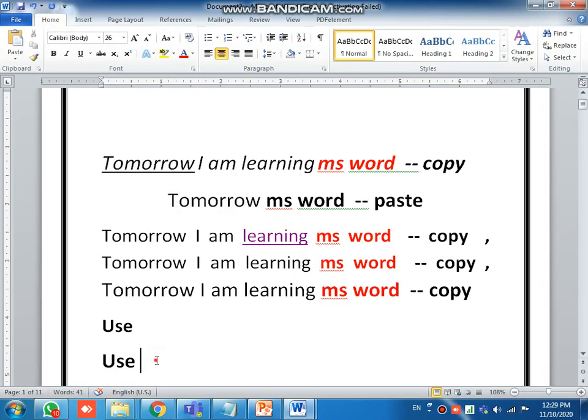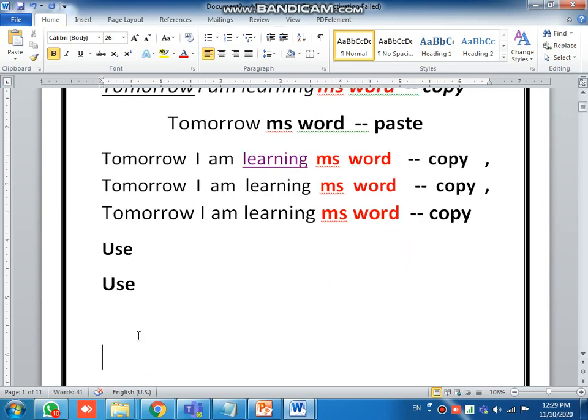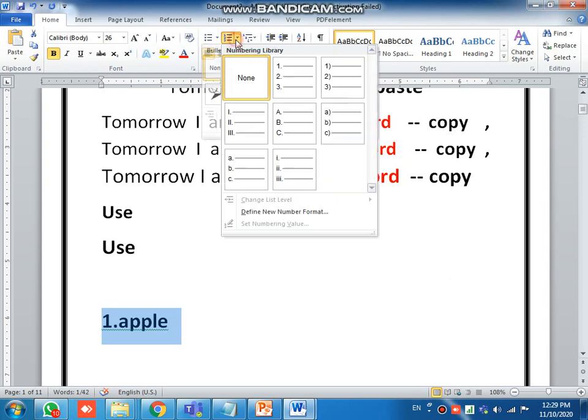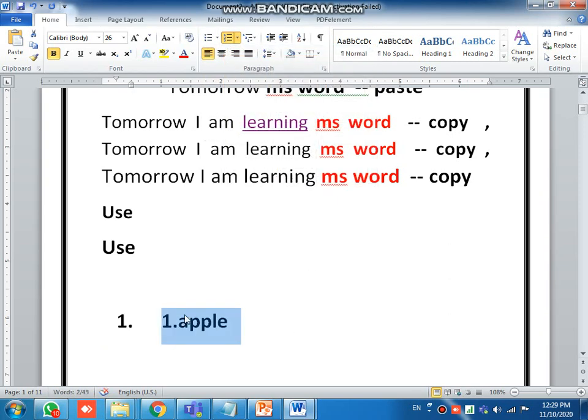Now if you want to apply bullets and numbering, for example, A for Apple, I want 2 here automatically. Just select and go to Numbering. Okay, just select 1, here I will remove the 1.